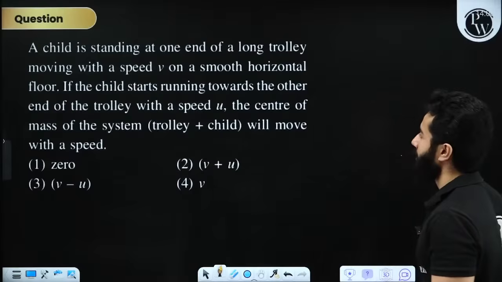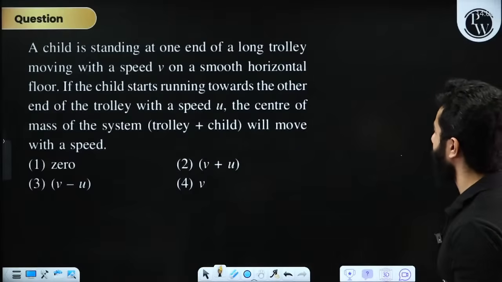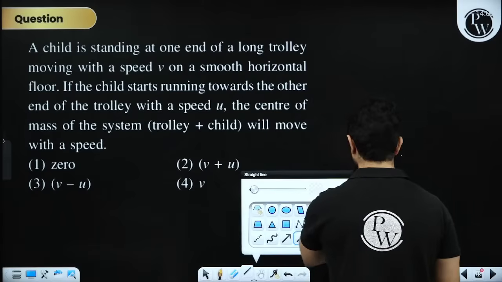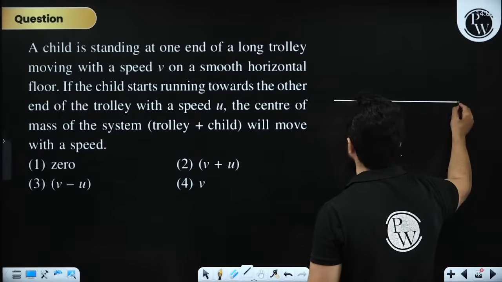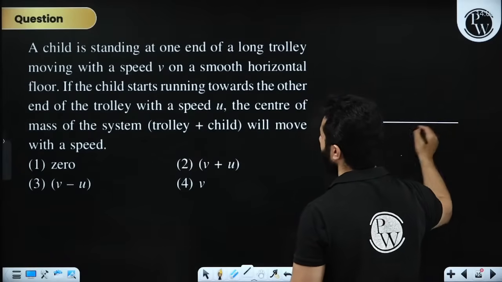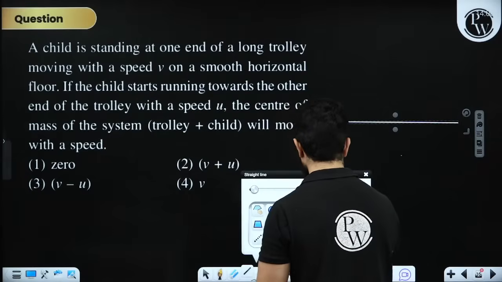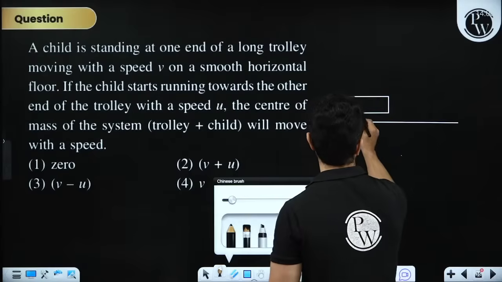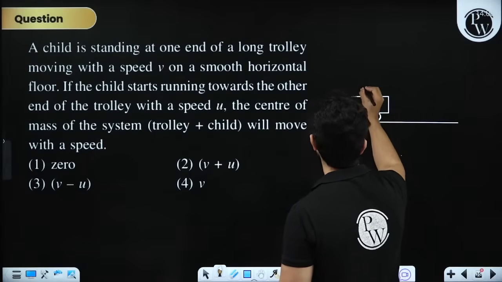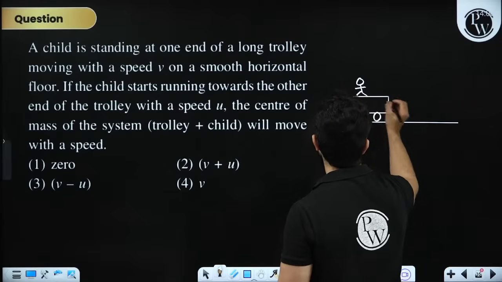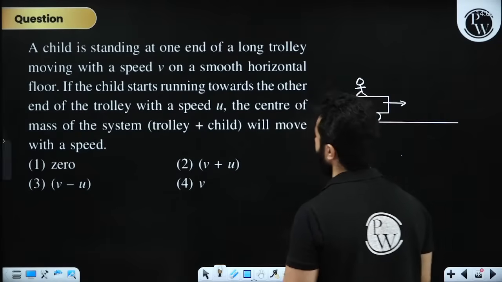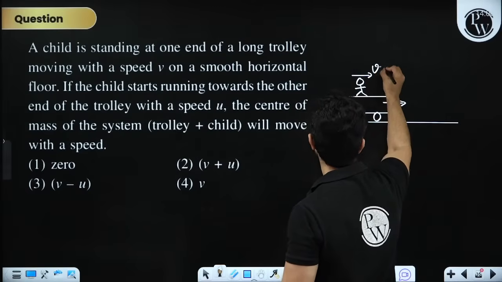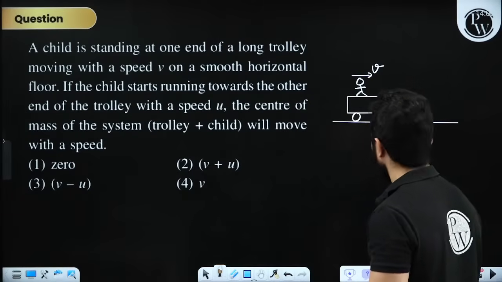Moving on to the next question. Let's solve this question. A child is standing at one end on a long trolley moving with a speed v on a smooth horizontal floor. So we have a trolley here, and we have a child, and it is moving in this direction. If the child starts running towards the end of the trolley with a speed of u, the